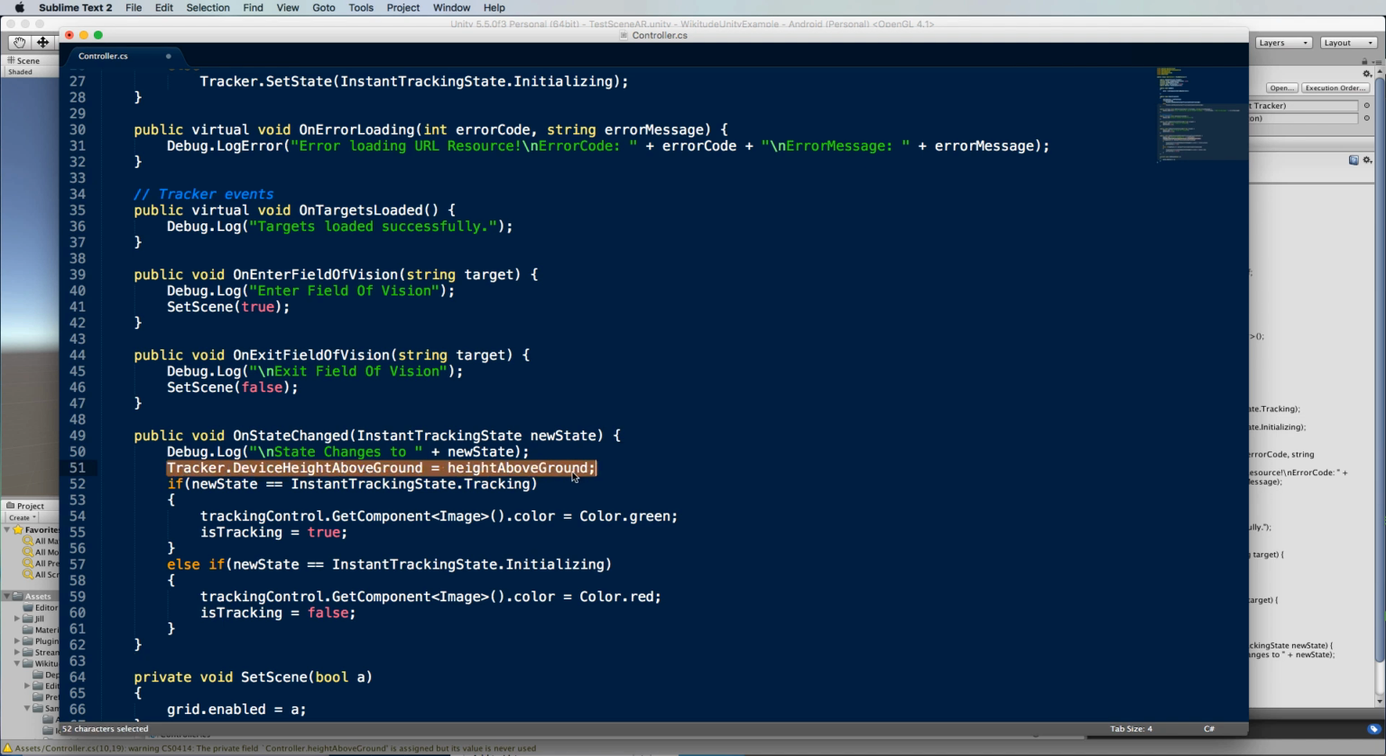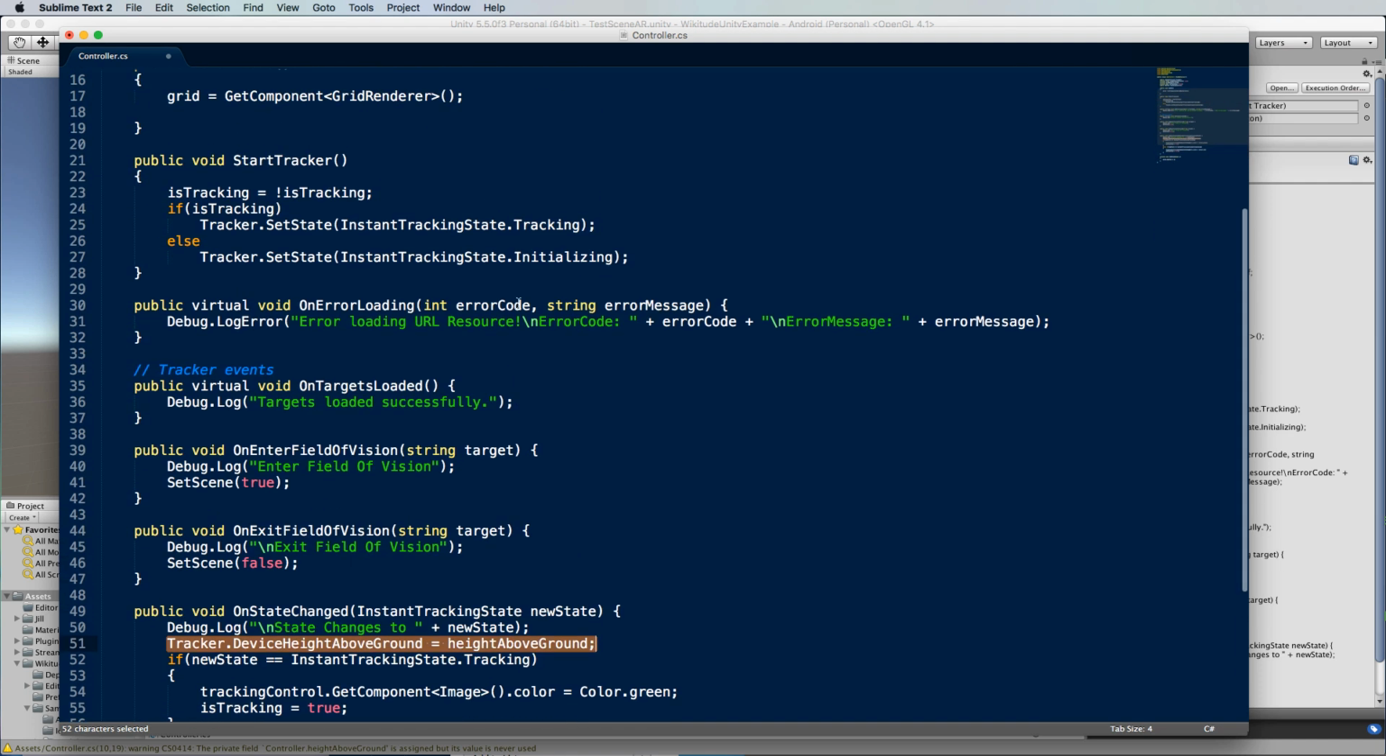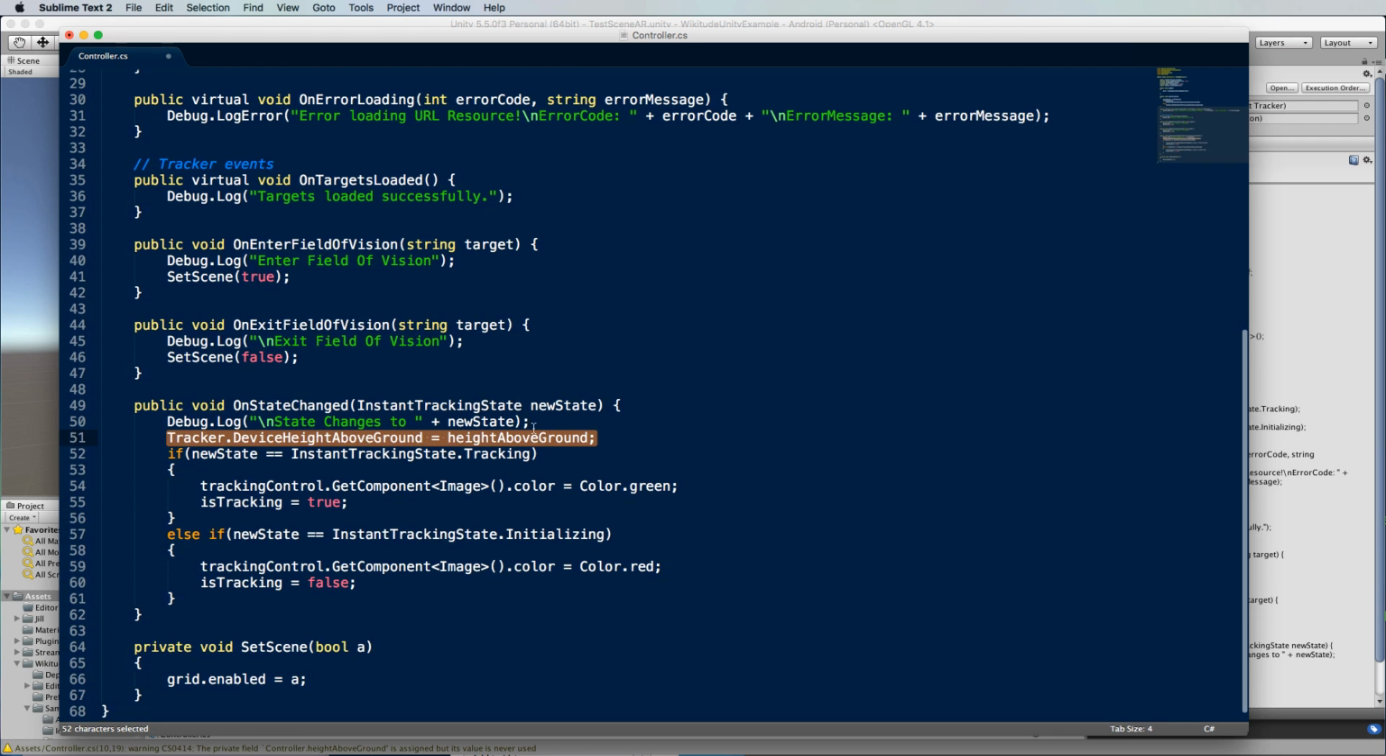I guess we don't really need to put that there. You could put that somewhere else, like on enter field of vision, or even right up in the start tracker function, because you don't need to set it every time. But if you do want to change it, then you would need to have it in here so that it's constantly updated. Okay, so this function, when it runs, it gets this new state variable passed through it,